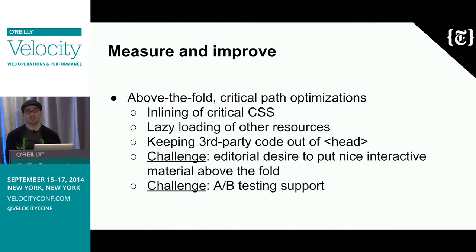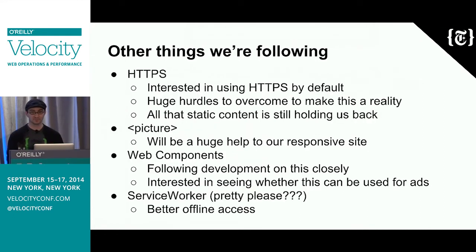An additional challenge is the ability to do A/B testing, to test variants of our web pages. If we do all that on the client side, if we have to make any changes in the browser to test variations, those decisions have to be made up front, or else content's going to hide, shift, and move around, and it's not a great experience. Some other things that we're looking into,